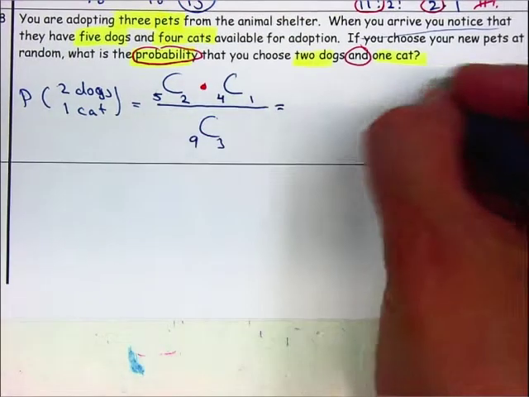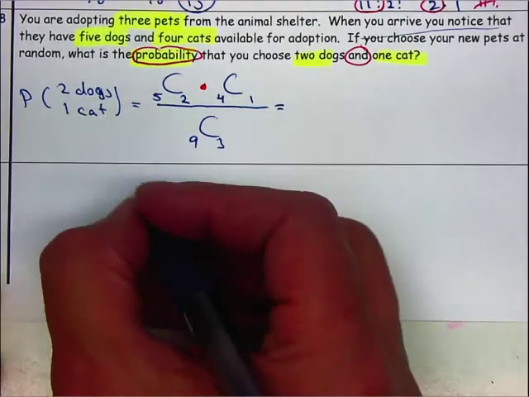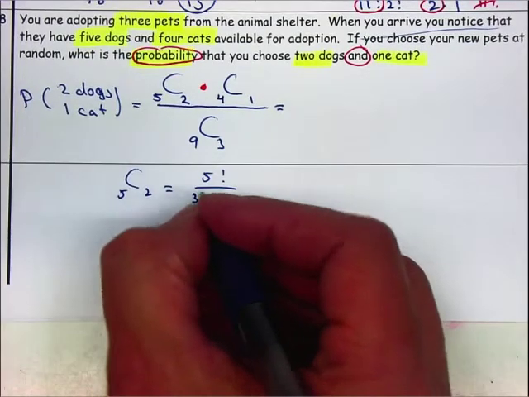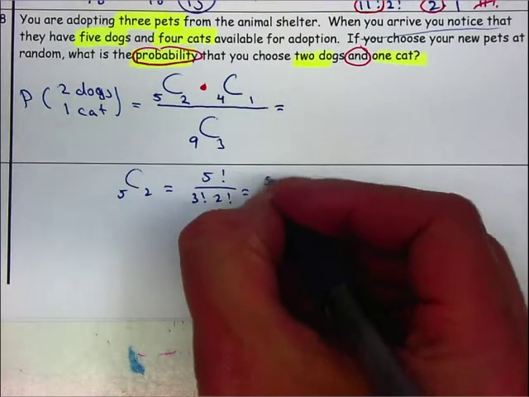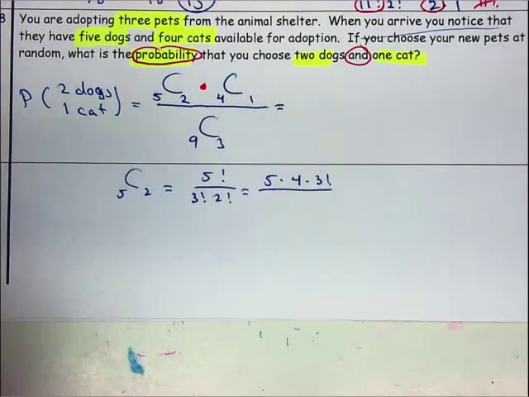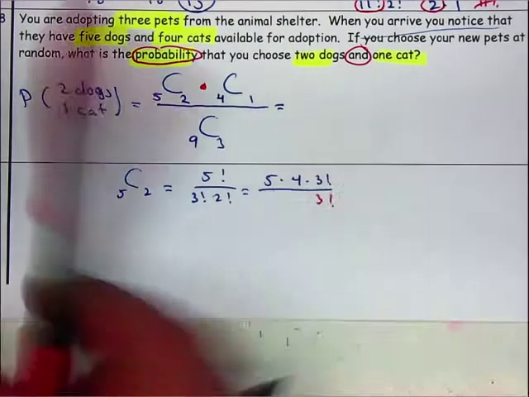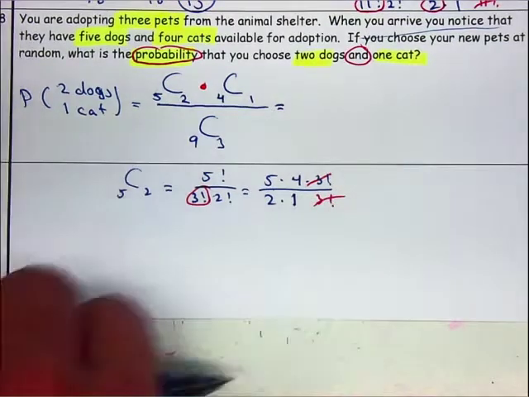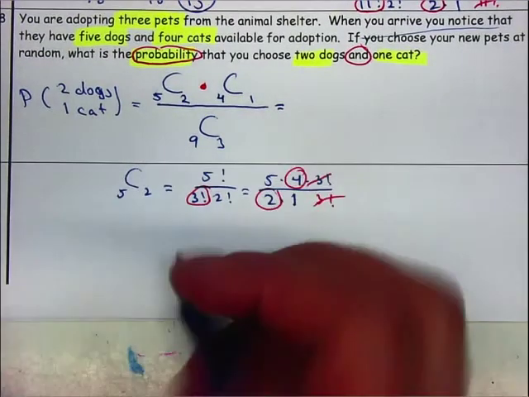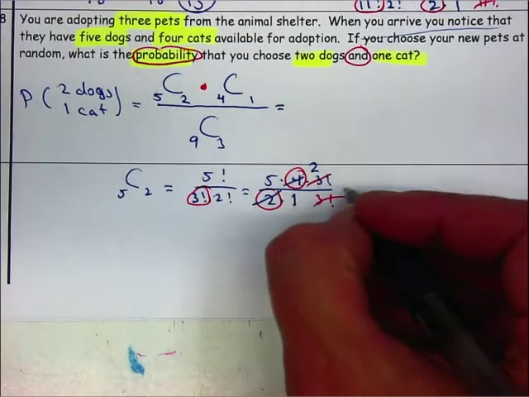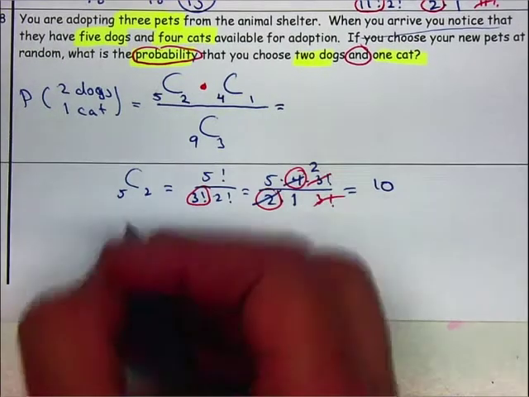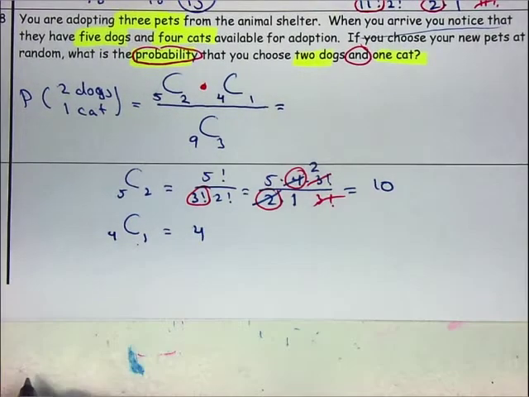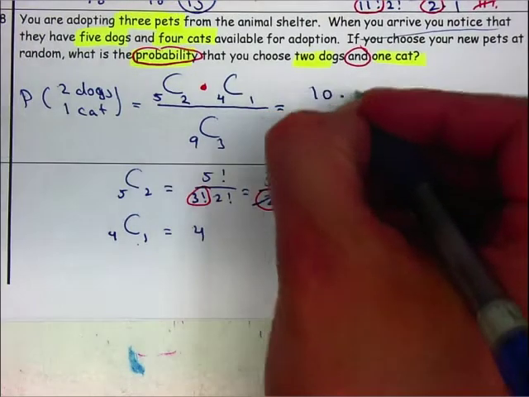We're going to simplify it, so let me just do it underneath so we have the space. 5 choose 2 will be 5 factorial over 5 minus 2 will be 3 factorial and 2 factorial. It will be 5 times 4 times 3 factorial will cancel with the 3 factorial. Those cancel, and I still have my 2 factorial, which is 2 times 1. My 2 will be simplified, so it gives me a 2, so that is 5 times 2 is 10. We have 4 choose 1. Remember, every time that you have a 1 in here, it will just give me a 4. So it'll be 10 times 4